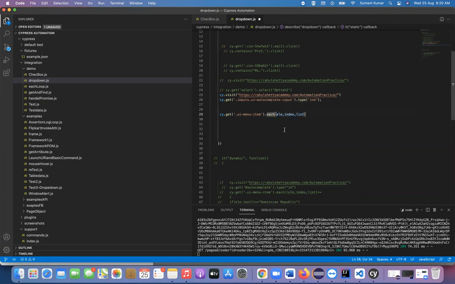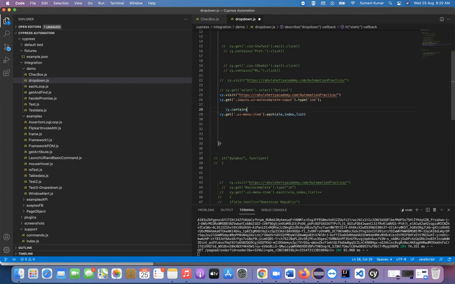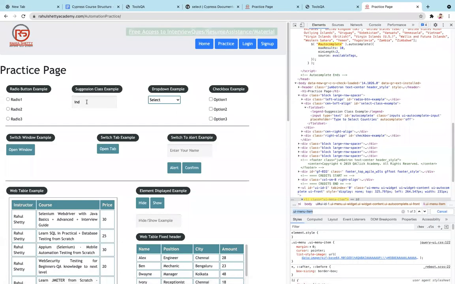Sumant, just as an option, can we use the contains method here on the top before this line? If we can use cy.contains and simply type whatever we want to select, it will work. I think just try that. Yeah, we can go with this one too, but we can just try that. Got it. Got your point. So anyhow, once we type this India, the dropdown will be open and using contains also it should work. Yeah, let's see. I think it should work.